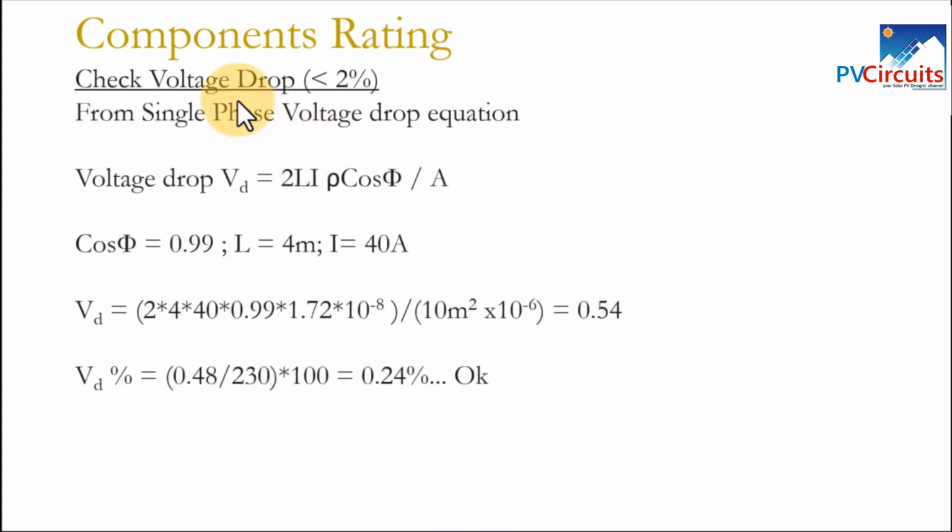Then we check the voltage drop on that section, and it is a short cable. The current is 40 amps. The power factor given by the inverter is 0.99. So if you put that into this equation,